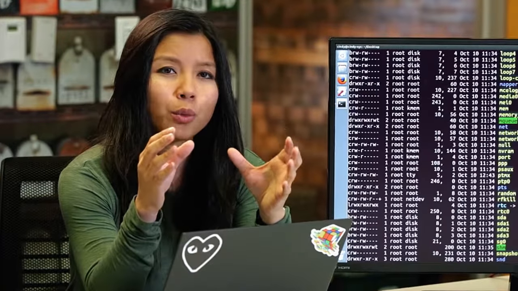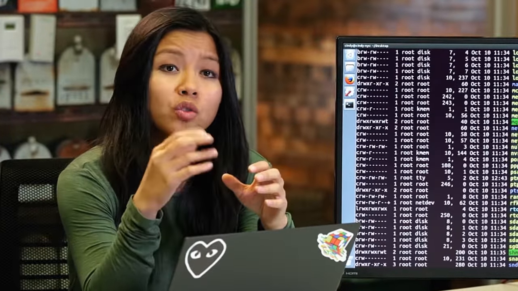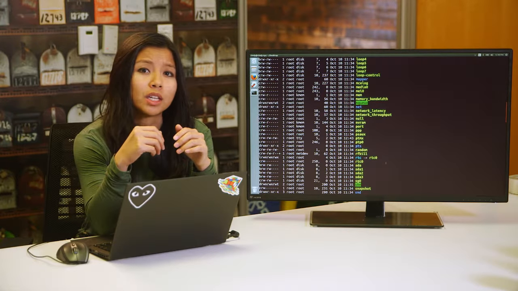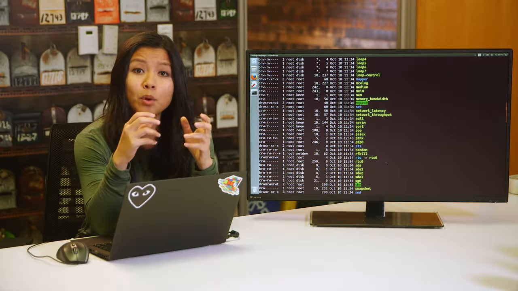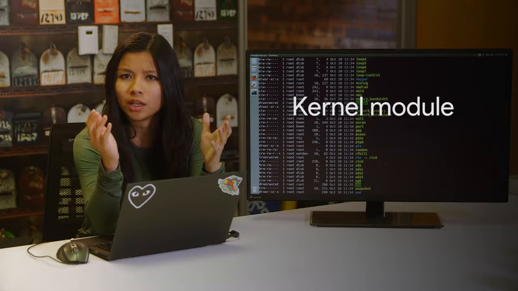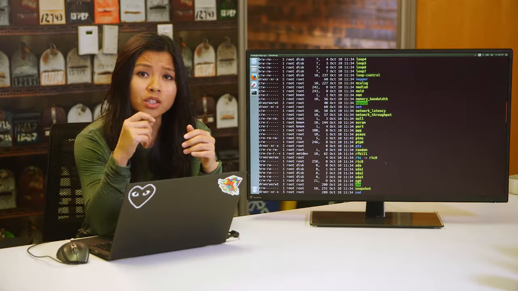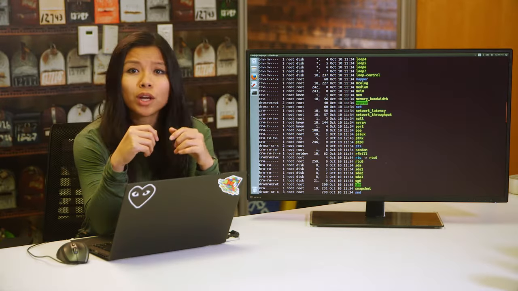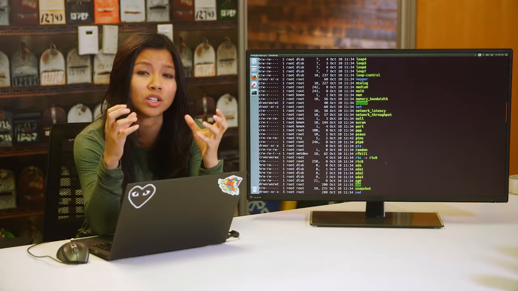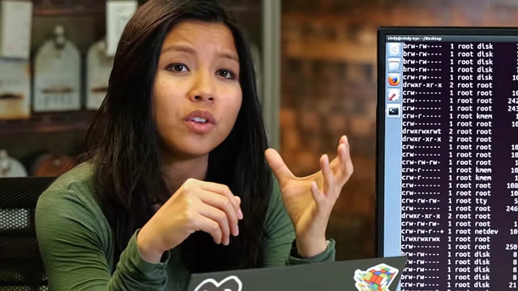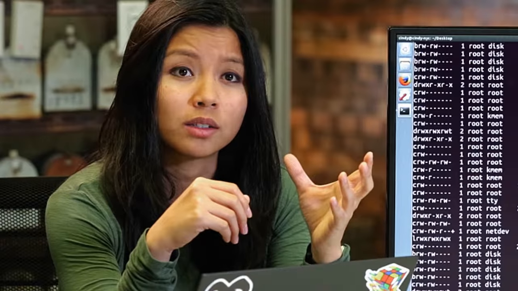These days, a lot of hardware support is built into the kernel, so when you plug in a device, it automatically works. But if there are devices that don't have support built into the kernel, they most likely have something called a kernel module. Well, what's this kernel module thingy? For a lot of developers, touching software like the Linux kernel is kind of intimidating. Instead, they can create kernel modules which extend the kernel's functionality without them actually touching it. So if you need to install a kernel module for a specific type of device, you can install it the same way we've been installing all software in Linux.